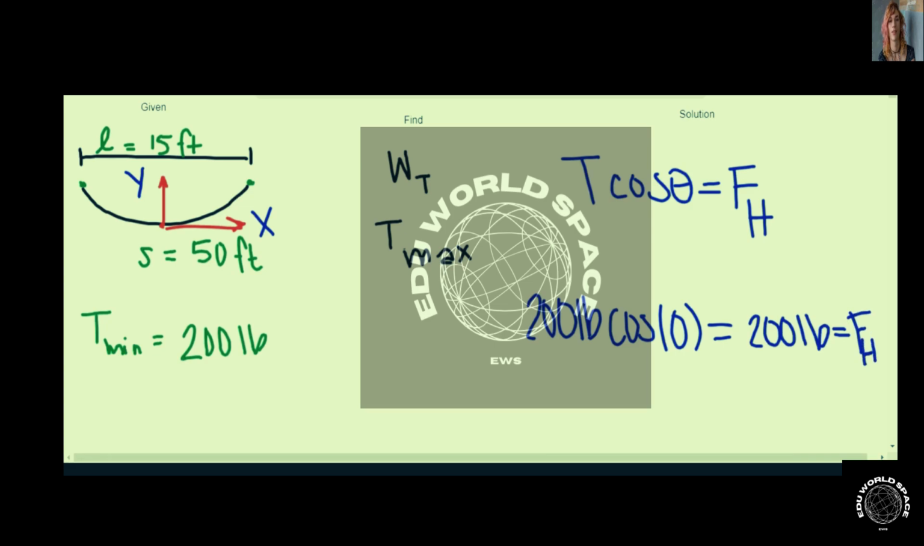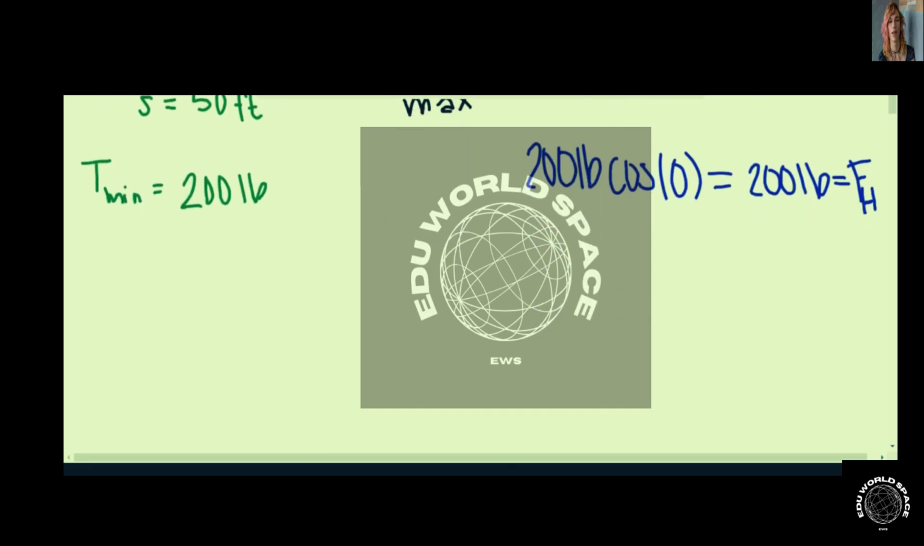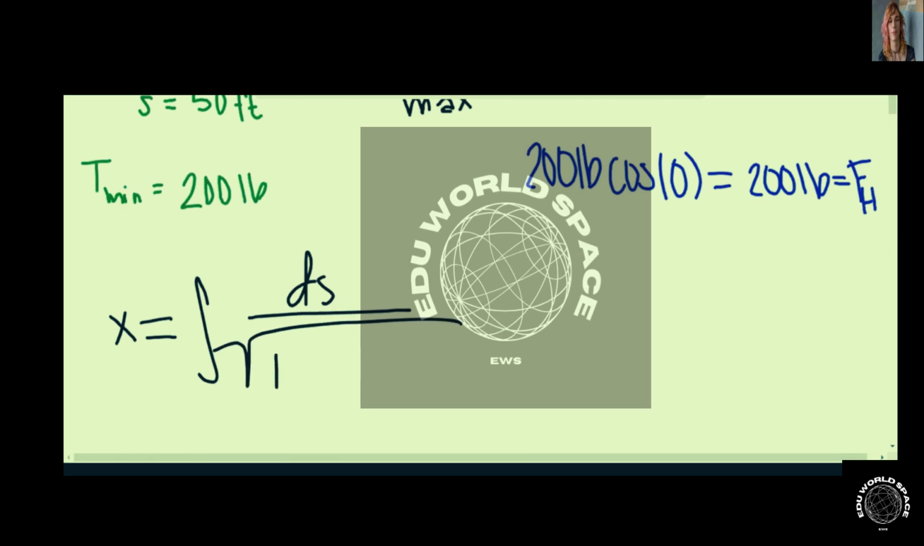Now that we've solved for F sub H, we can derive the hyperbolic equation that defines the shape of the cable, which will then lead us to the value for the weight per unit length. The equation that defines the shape of the cable is x equaling the integral of ds all over the square root of 1 plus 1 over F sub H squared times the integral of w as a function of s times ds